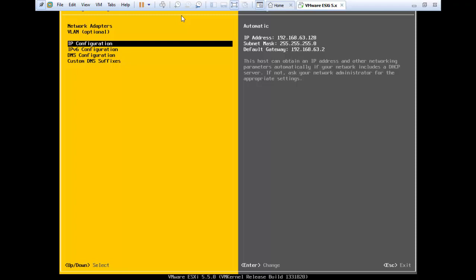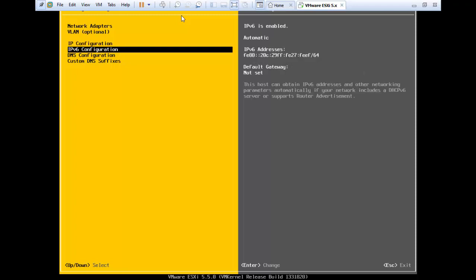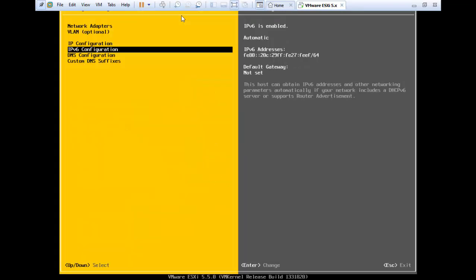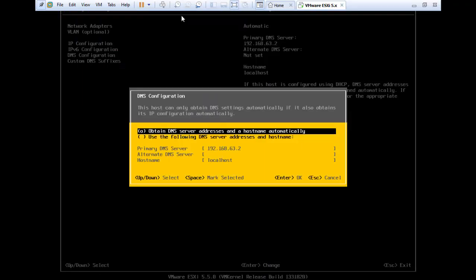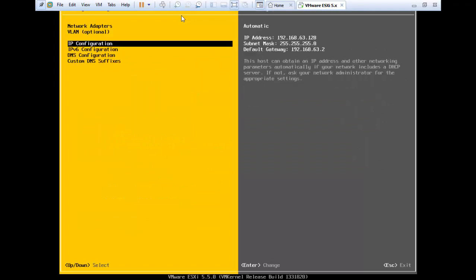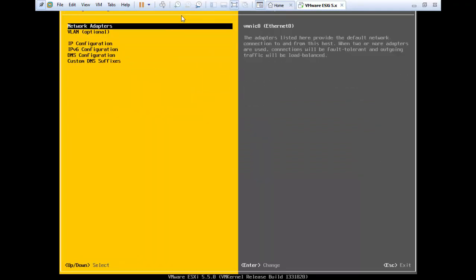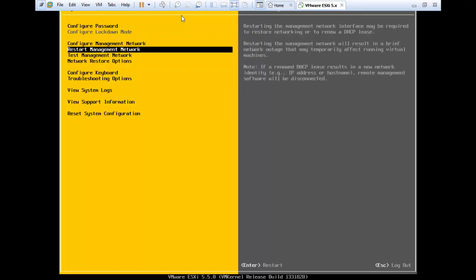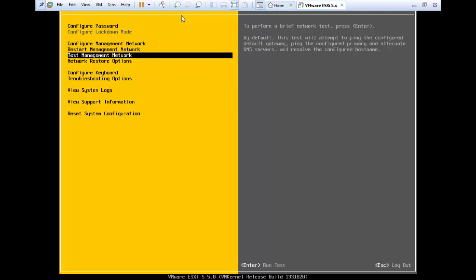You can come out of that by pressing the escape key. Similarly, you can reset the IPv6 address, but right now we are not going to do anything here. In the DNS configuration, you can also set the DNS server address, and this is how we can make modifications to your network adapter. Come out of this by pressing the escape key. Then you can restart the management network and test the management network.